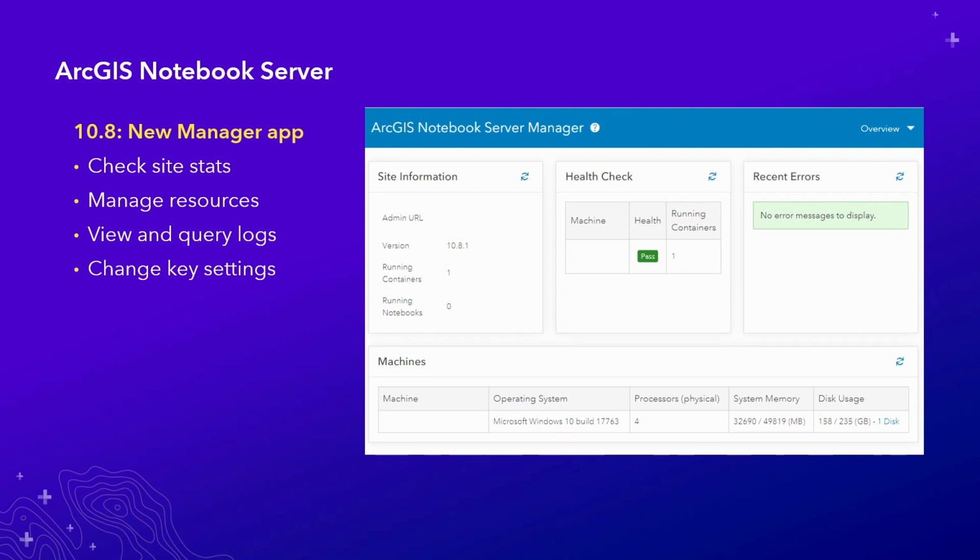You saw notebooks being used in this Dev Summit plenary this year. Bill and Indu showed off an air quality notebook that they've created, and then Shannon and Shreyas showed off a new feature about automating their notebook run. Now, currently at 10.8, we've released the ability for you to execute a notebook remotely. So administrators can run a notebook that's already been saved on an automatic basis. And for now, you can combine that with a third-party scheduler, such as cron jobs for Linux or the Windows task scheduler, to run an automatic notebook run on a recurring basis,